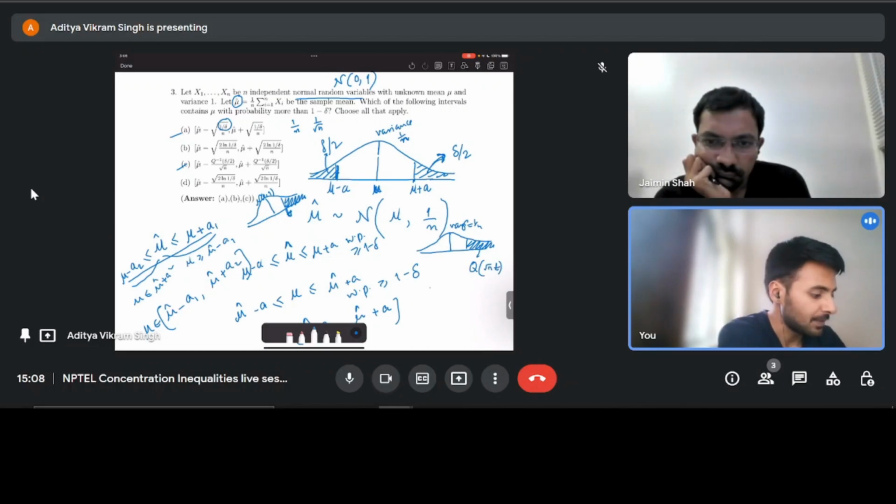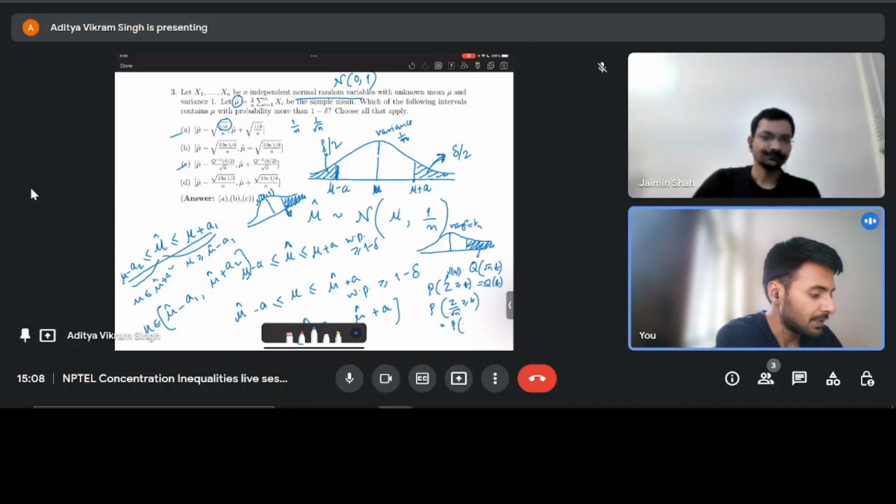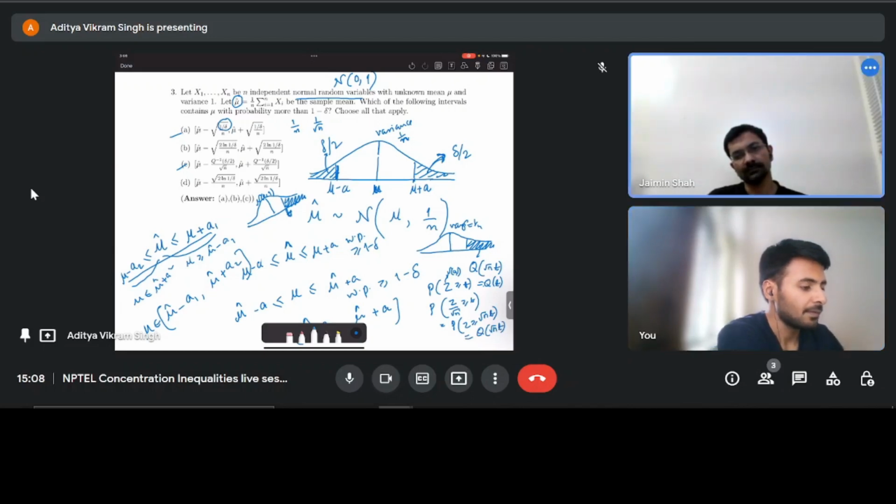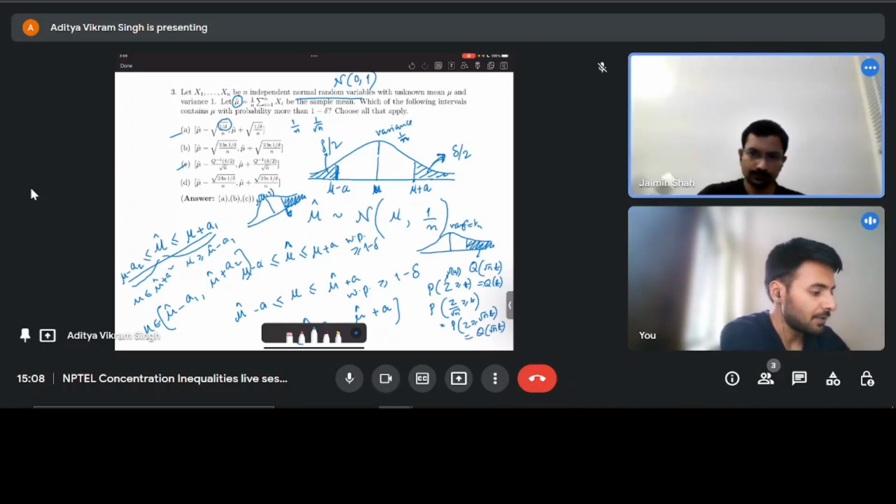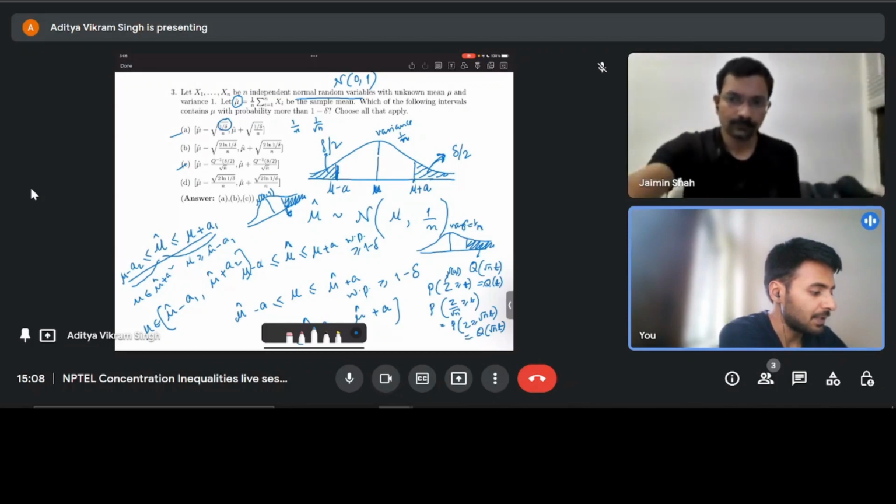Suppose the probability that Z greater than or equal to t is Q(t). This is by definition, where Z is the standard normal. And so the probability of Z by root n greater than or equal to t is the probability Z is greater than or equal to root n t, which is Q(root n t), right? So this is why, when the variance is 1 by n, this tail probability will be Q